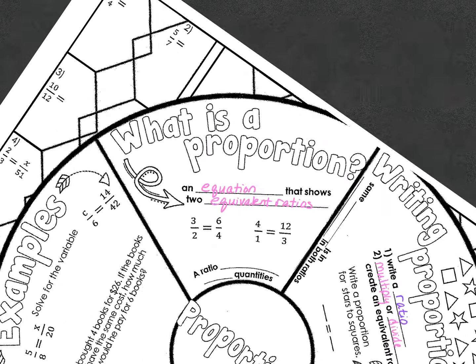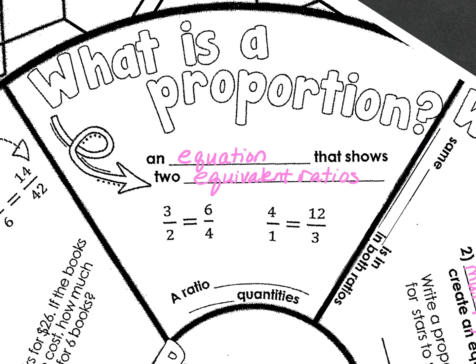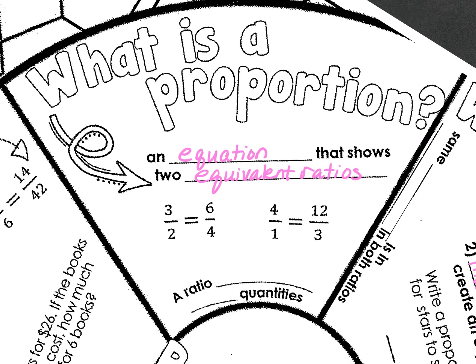So we're going to talk about a few things. Let's first talk about what is a proportion. So a proportion is an equation that shows two equivalent ratios. Okay, go ahead and pause if you need to so you can get that down. If you don't have it written, pause. Okay, so now that you've gotten that written down,